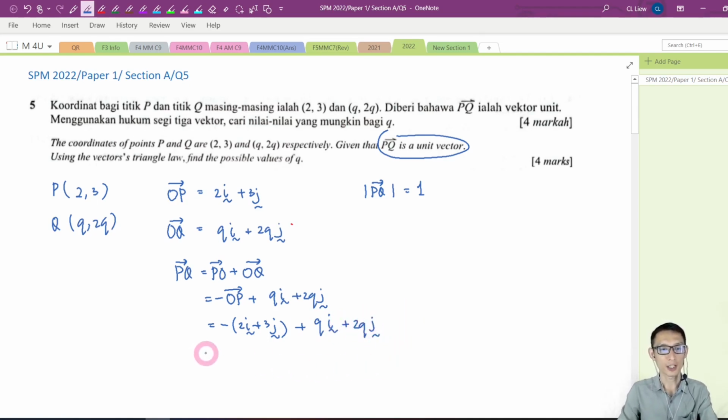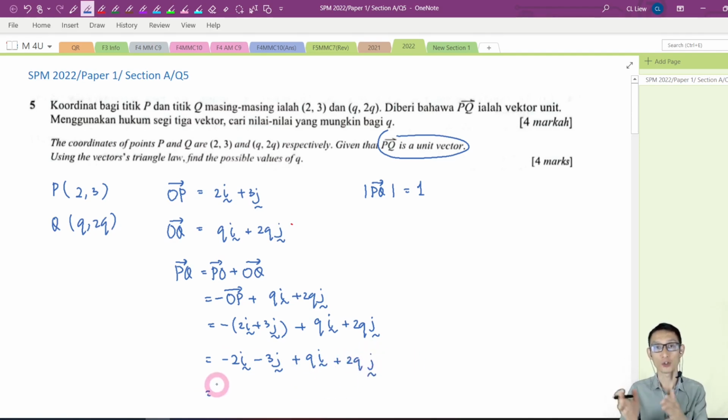Okay, so next step, open out this parenthesis, bring the negative in. Negative 2i minus 3j plus qi plus 2qj. Then group the i together and j together. So be careful, this is i, this is i. So it will be (q minus 2)i. Okay, so how about j? (2q minus 3)